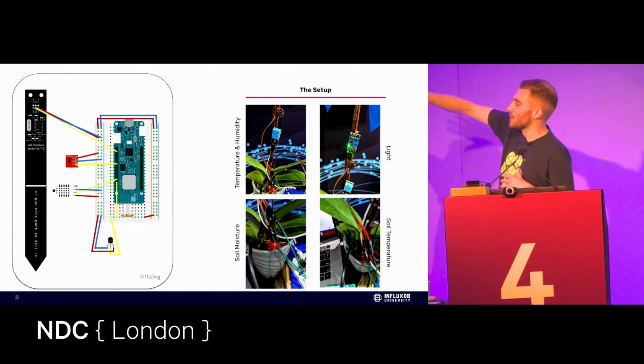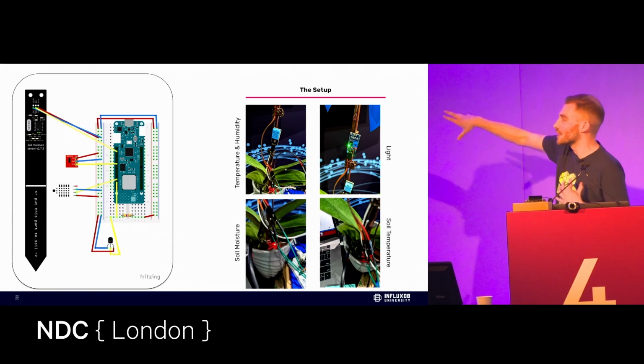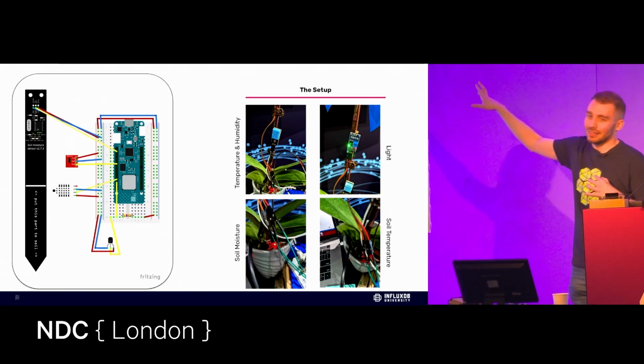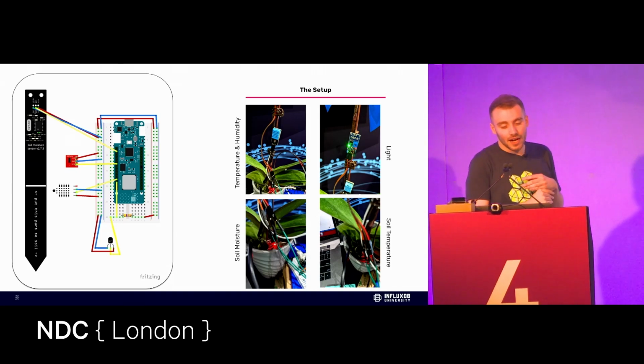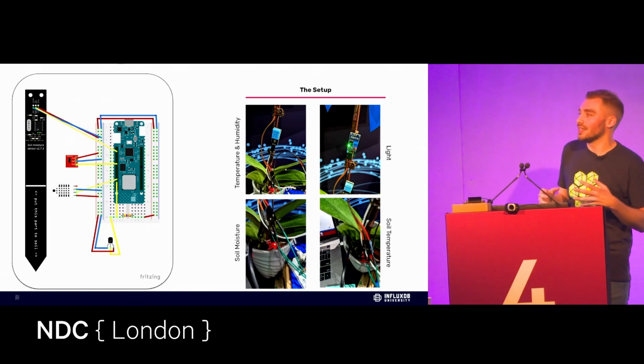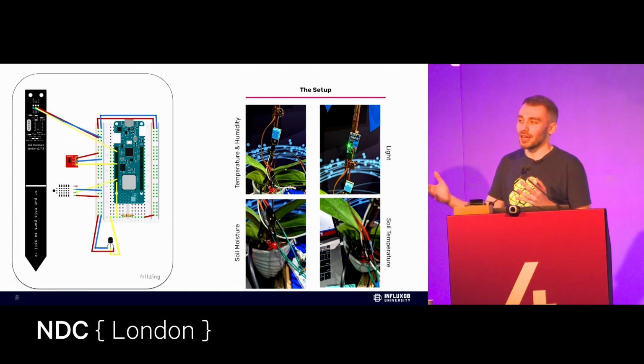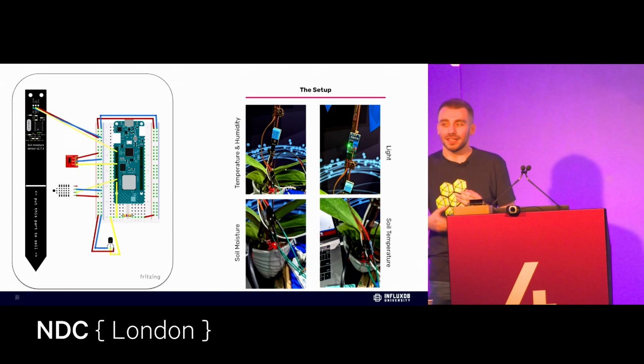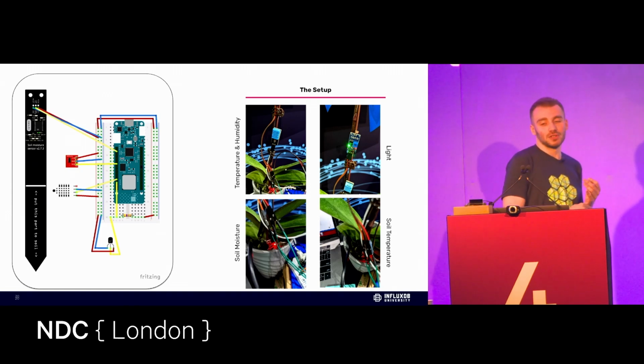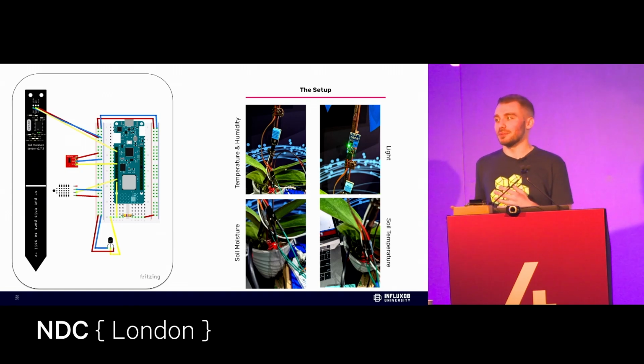So you can see the setup here. I left you a little bit of a circuit board of how we ended up designing it and the types of sensors we used. The overall idea here is if the moisture of the plant dropped under a certain level, I wanted to know about it. So if it was under 40%, I know I should go feed my plants.